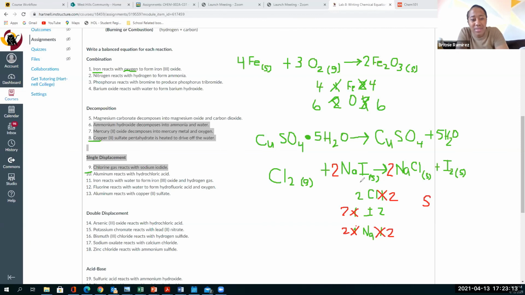Is NaCl a gas or a solid? Cl2 is a gas. I2 is actually a solid. So as you get heavier, or as you get bigger, you become more solid. So for instance, bromine and iodine are both solids, but Cl is still a gas. Fluorine is still a gas.